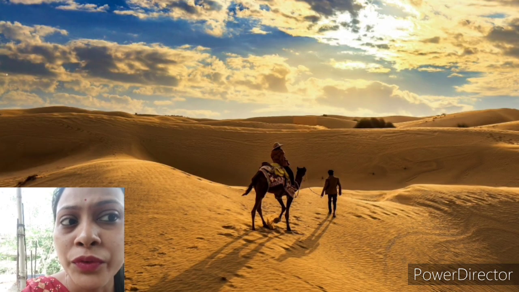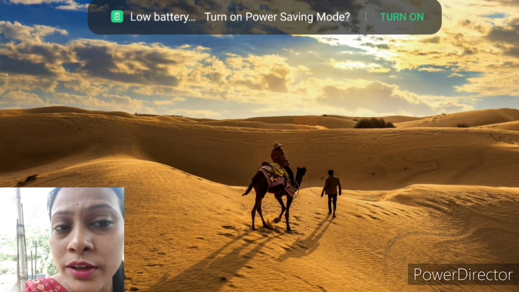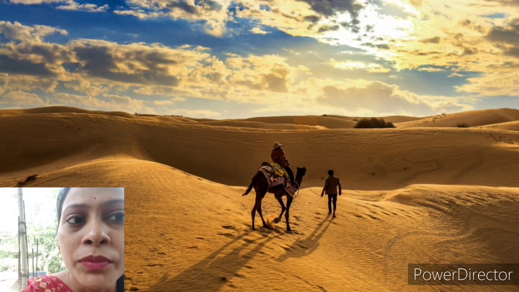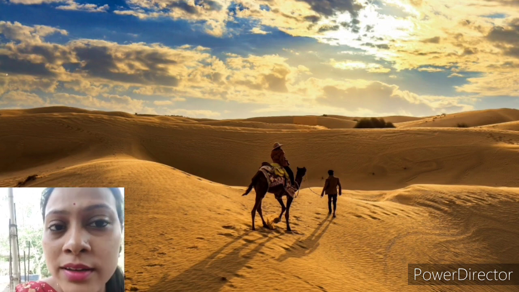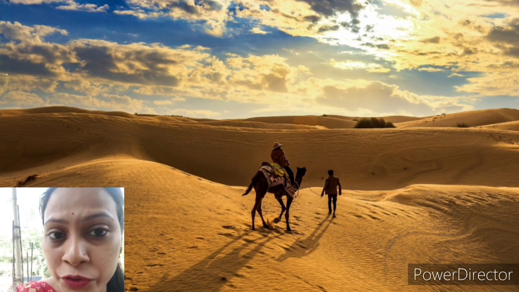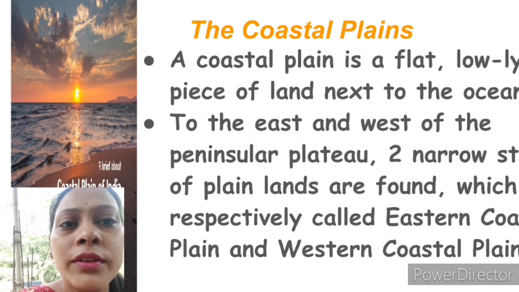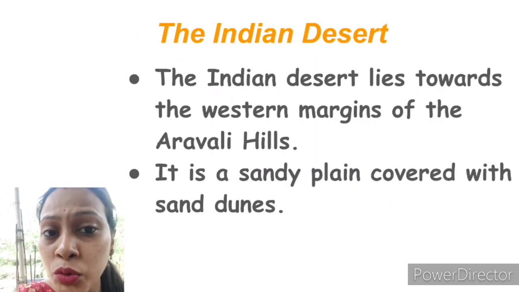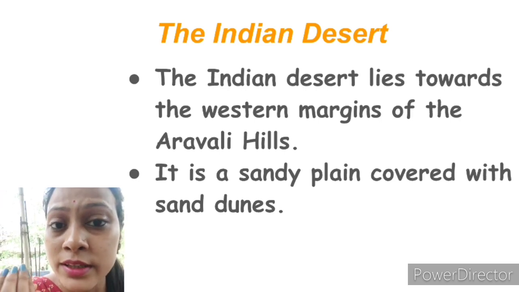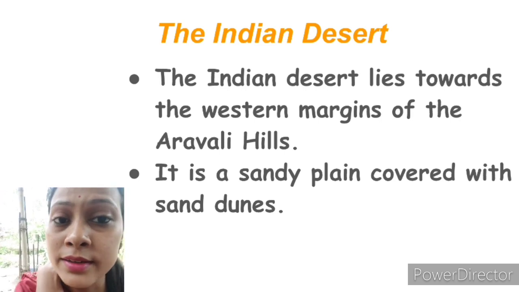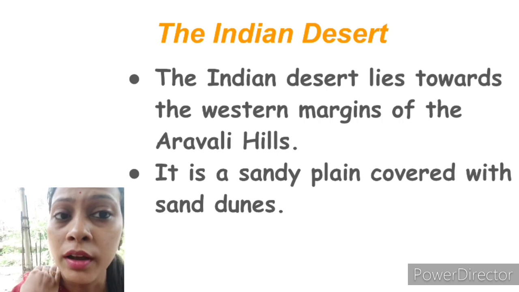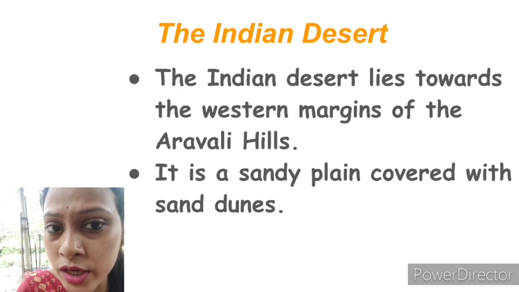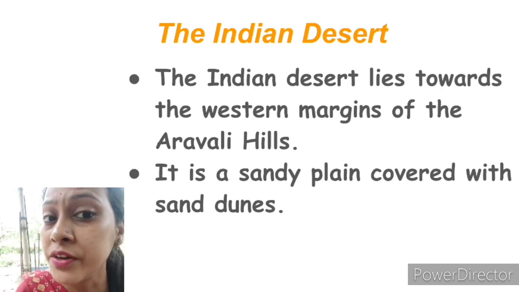You can see the picture with some low sand dunes showing above. So you can just see, these are the sands and some low sand dunes. Okay, so this is all about the Indian desert, and this is also known as Marusthali because it contains sand, and this region is characterized by sandy plain covered with sand dunes and barchans, and also it has a very dry climate.